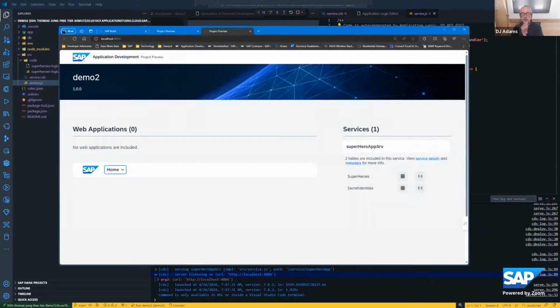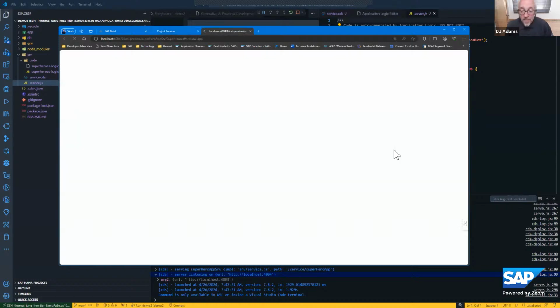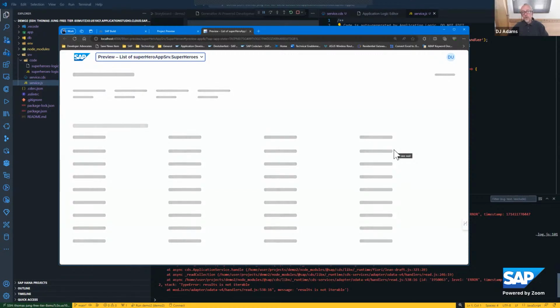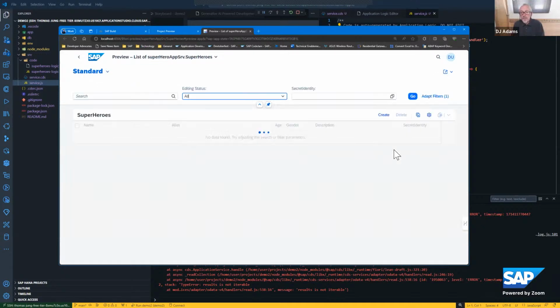Sheku the stud. Will Joule be embedded with BAS as well for developing Fiori elements and Fiori freestyle applications? It will be available for developing Fiori stuff, but not in BAS. It's SAP Build Code. Technically BAS is the basis of SAP Build Code, but in terms of Joule as a facility, the facility is available in SAP Build Code.